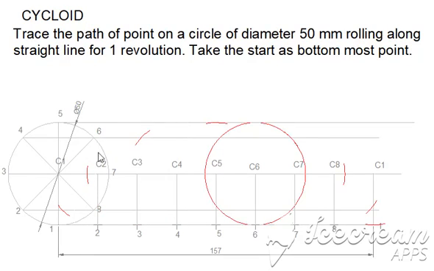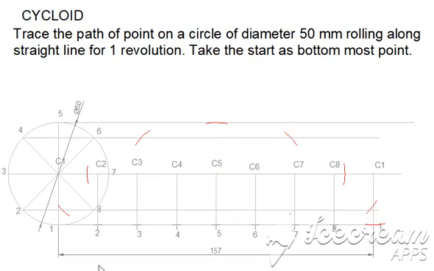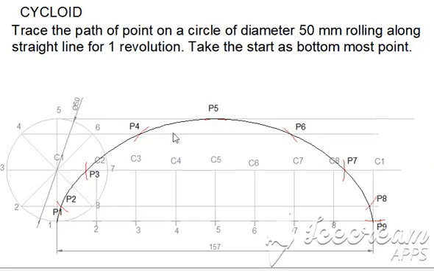When the location is 6, the center is C6. Now it is again cutting the locus of 6 on this side as well as this side. But 6 is on the right side, hence we are supposed to consider the right side. Now join all these points and give the naming. For other points it is like this. This is for the top. Here we can see the cycloid for